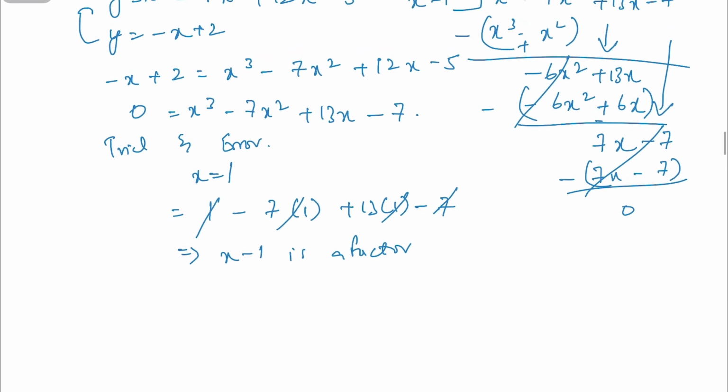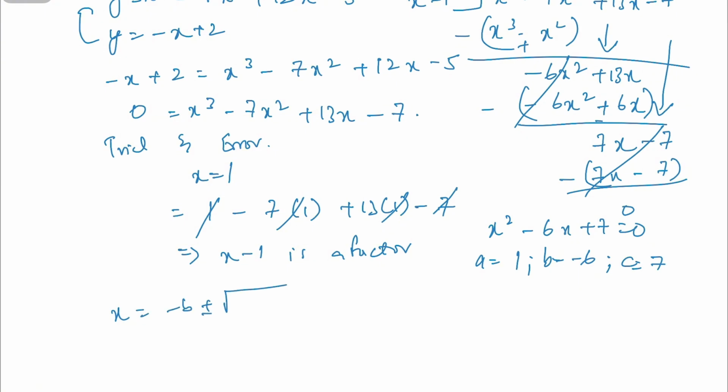So we have our other two roots from x squared minus 6x plus 7 equals 0. Now here a is equal to 1, b is equal to negative 6, and c is equal to 7. We can apply the quadratic formula, which is x equals minus b plus minus root of b squared minus 4ac over 2a. So this would be 6 plus minus root of 36 minus 4 into 1 into 7